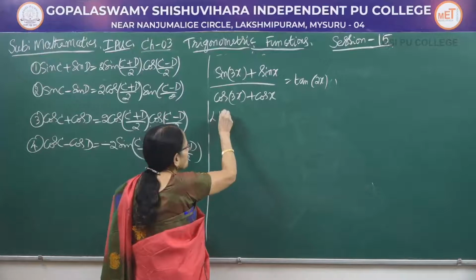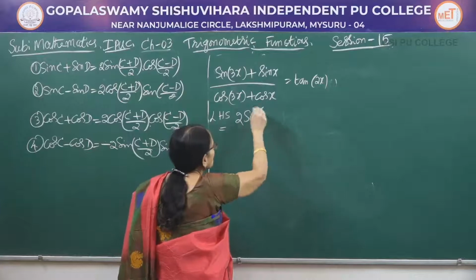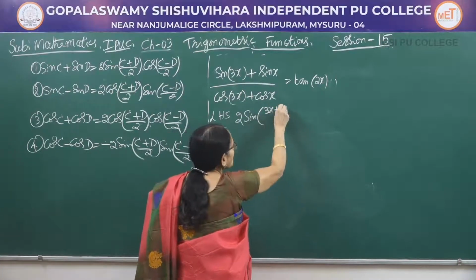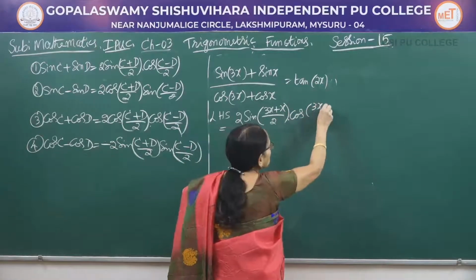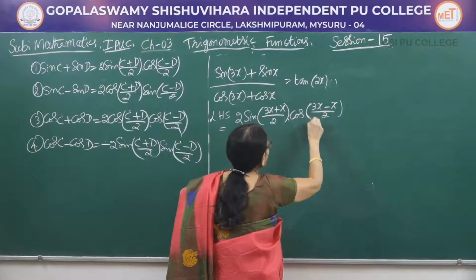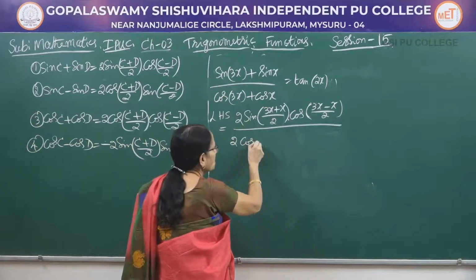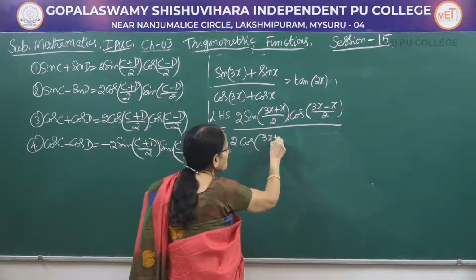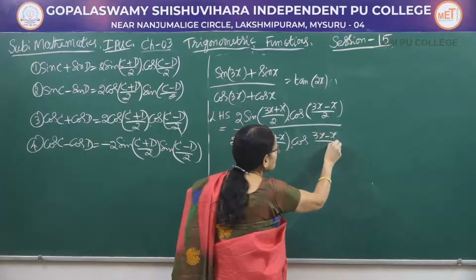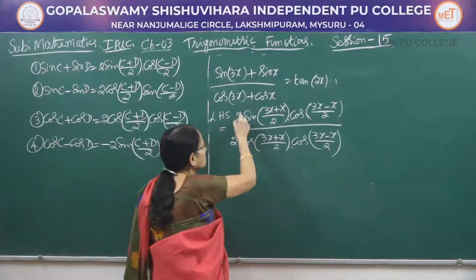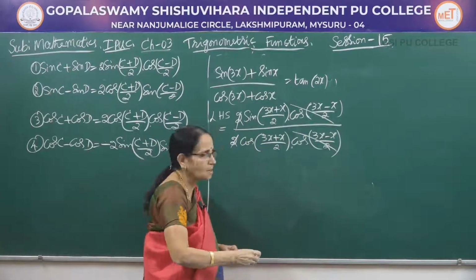Now, let me consider the left hand side. So, I am using the same formula. It is 2 times sine of C plus D by 2, 3x plus 1x by 2, into cos of 3x minus 1x divided by 2. Whole thing divided by 2 times cos C plus cos D, that is 2 times cos of 3x plus x by 2 into cos of 3x minus 1x by 2. First cancel the number 2. Here also same ratio, same angle can be directly cancelled.